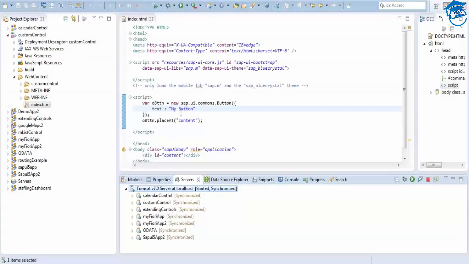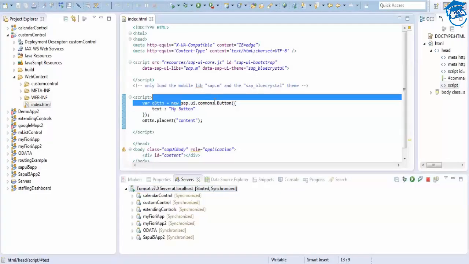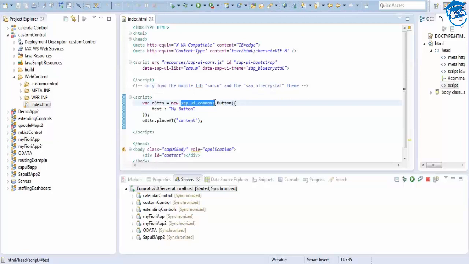It has to come with a button. Why is it not coming? Because we have taken sap.ui.commons, but have we included it in the library? No. Here we have to include it. So once we include it, save it, and then go here and just refresh.